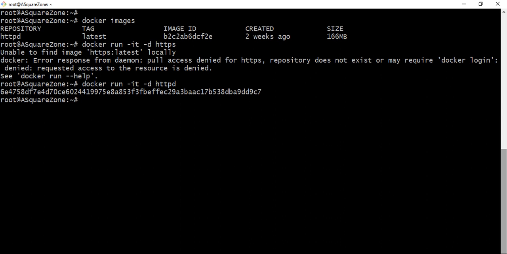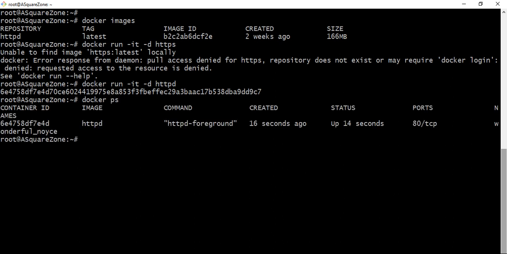Now we are going to check what running containers exist here using docker ps. See here, the container ID is showing, it was generated just before, and the image name is httpd, and it's running in the background, so it's not opened in a new window.